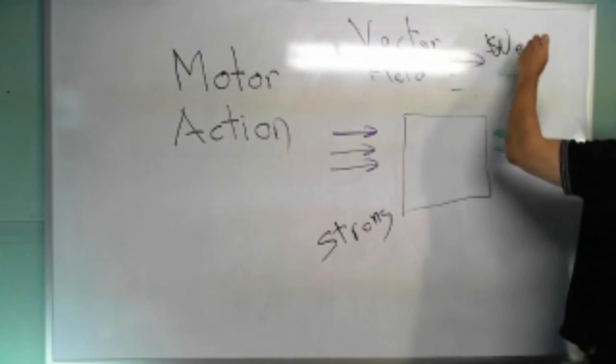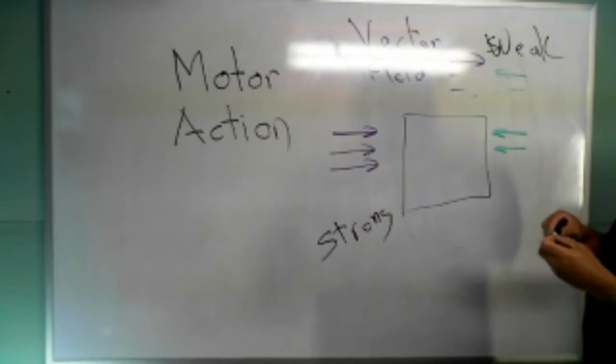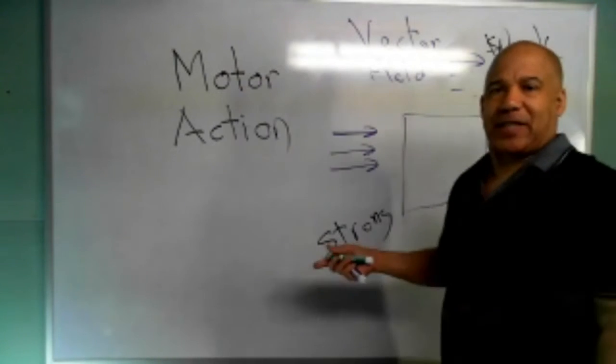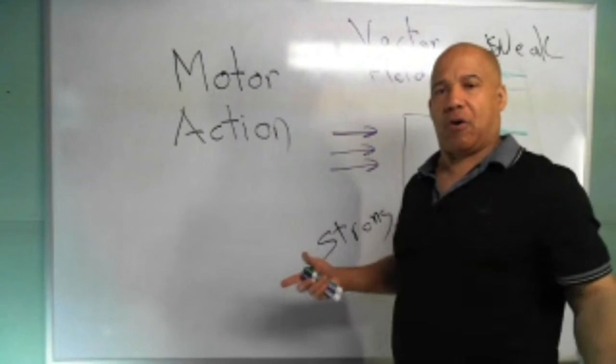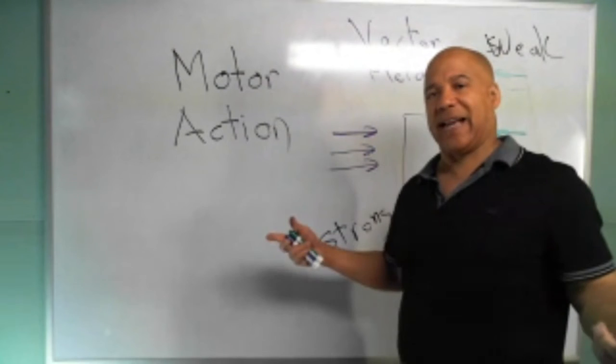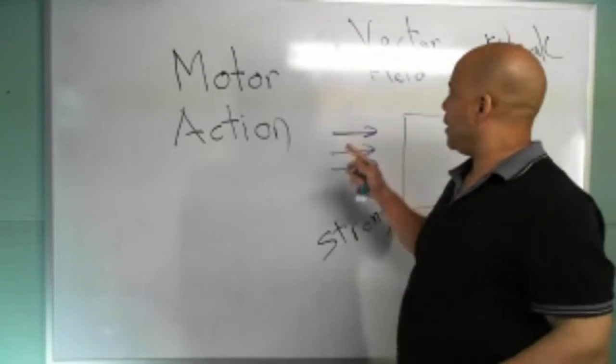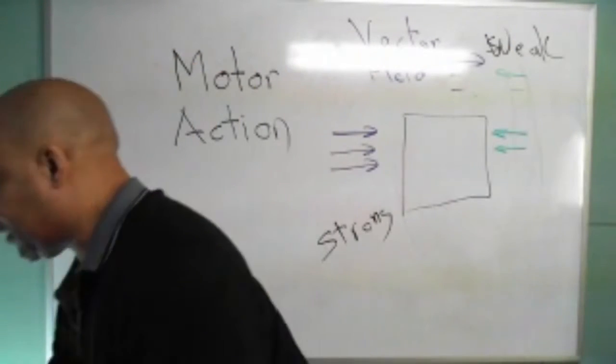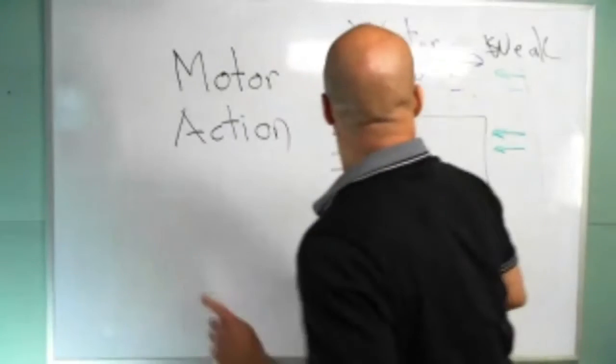Weak. I get a weak field. So if I have forces acting together, I get a stronger force. If I have forces acting against each other, I get a weaker force. So if you understand that concept, and this is actually pretty simple,